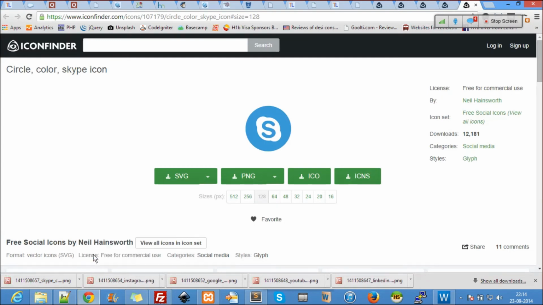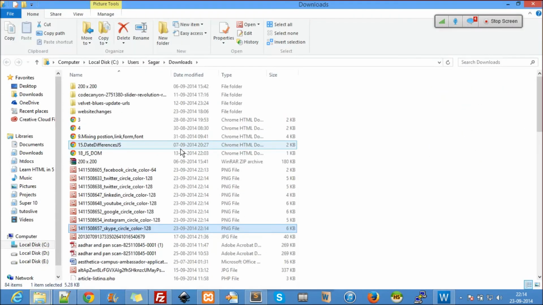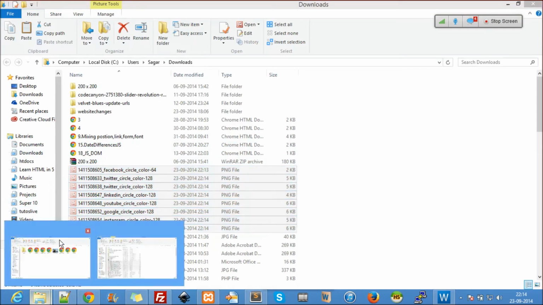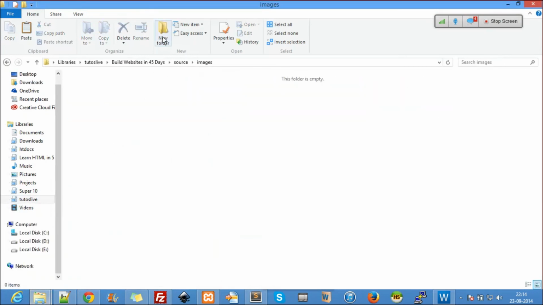Okay, so right here, cut. I come to our folder here, inside the images. Okay, I'll make another folder called only social icons. Paste it here. So this is the best practice.